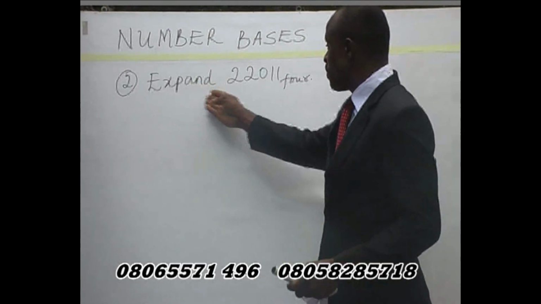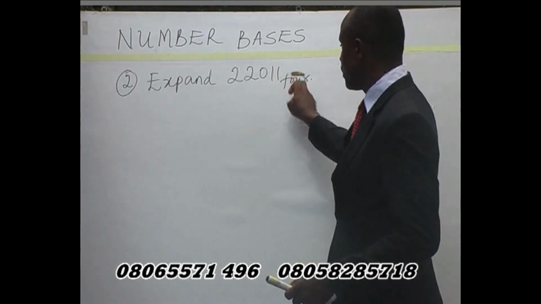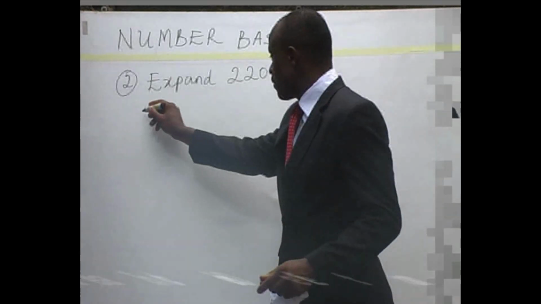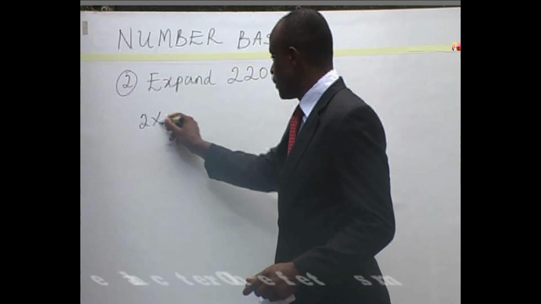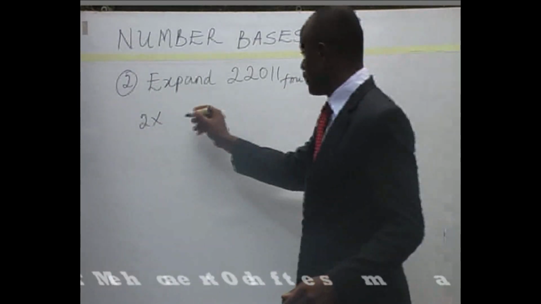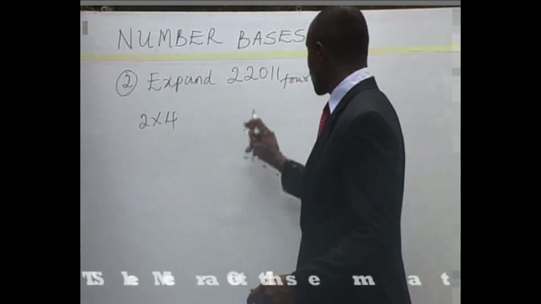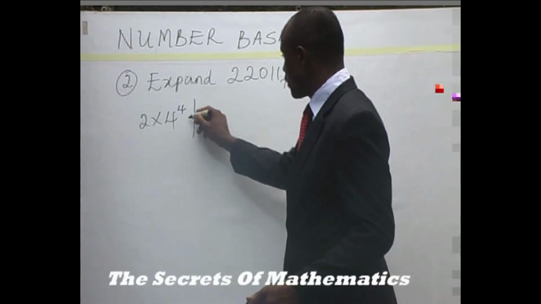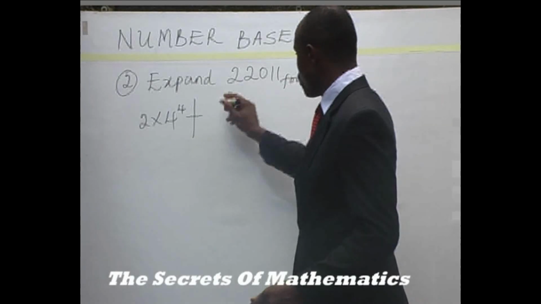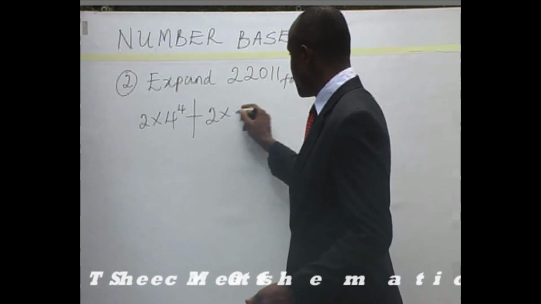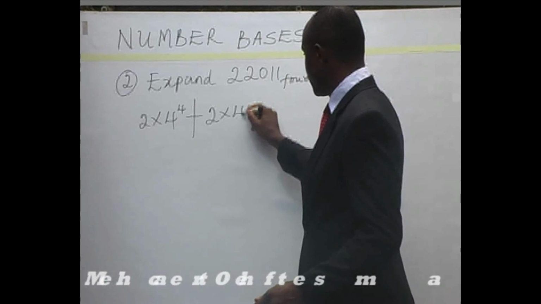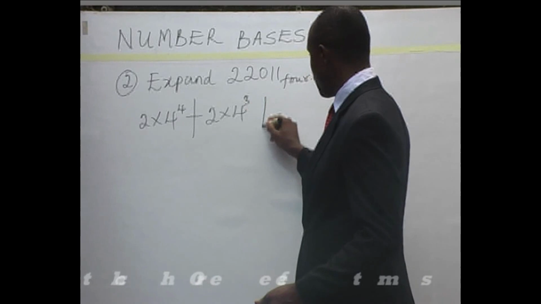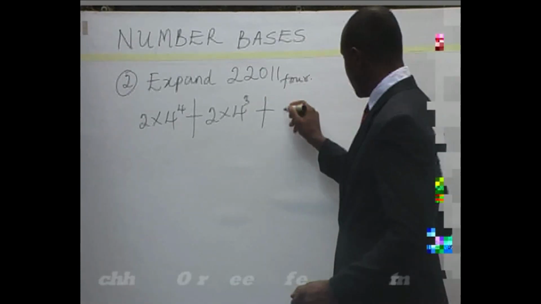The next question is expand 22011 base 4. Take it. We have to use the base 4. Exponent 1, 2, 3, 4. We have 4. Plus times the base 4. Exponent 1, 2, 3. Plus the next is 0